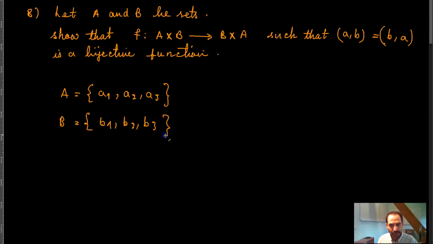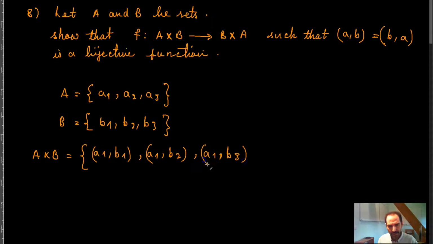So A is equal to A1, A2, A3, and B is equal to B1, B2, B3. Since each of these has 3 elements, the Cartesian product of A and B is going to have 3 times 3, which is equal to 9 elements, which would be basically A1 comma B1, A1 comma B2,